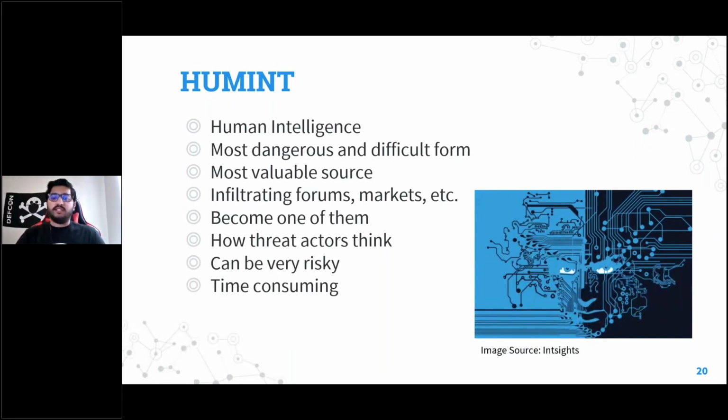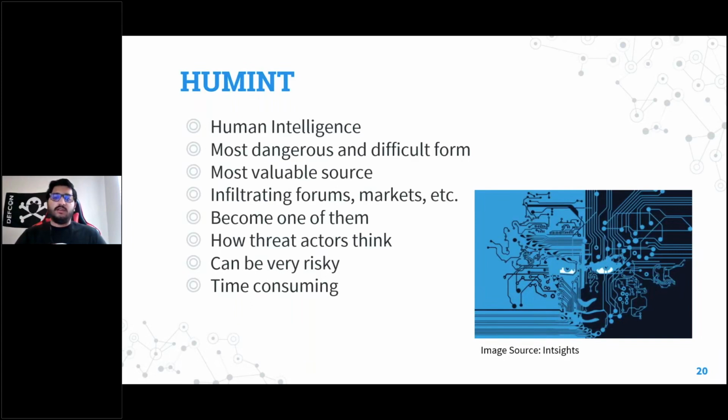Human intelligence adds value to your tool based method, because it can be useful in attack analysis. Suppose an attack has happened on your organization and you want to verify whether a data breach has happened or not, whether some kind of data is being leaked on the dark web, and if it is being leaked, then whether it is true or not, or is it really your company's data or not. So this is where human intelligence comes into the picture, and it's basically the equivalent of an undercover FBI agent,